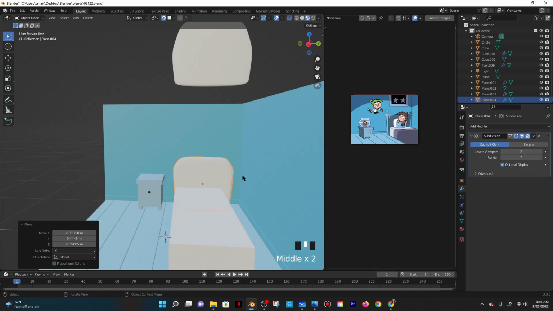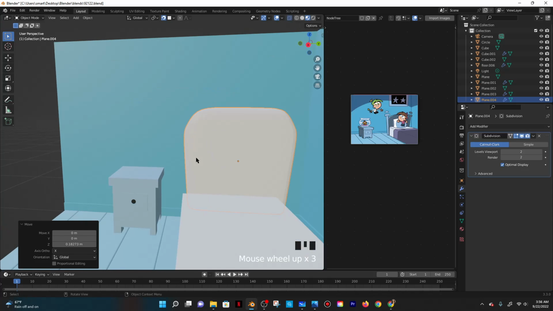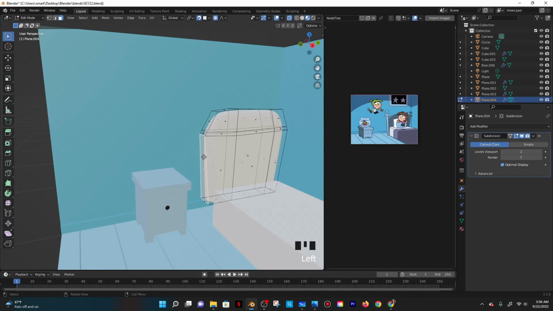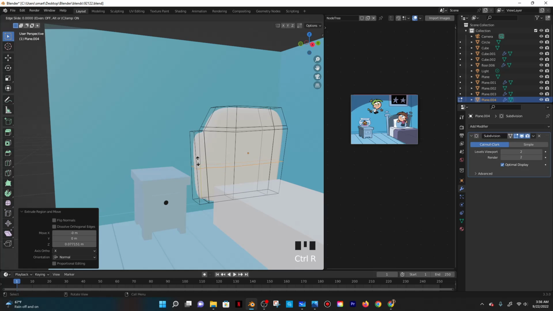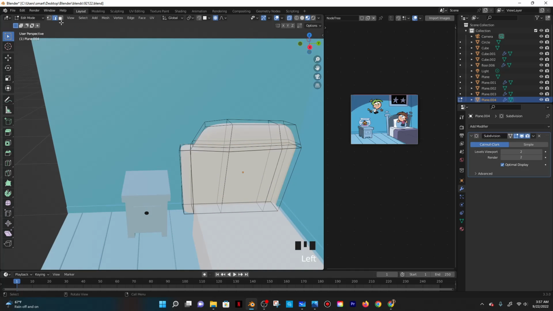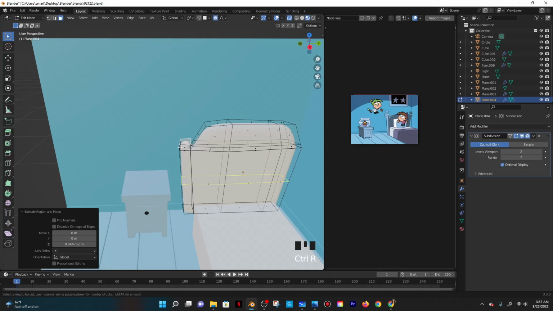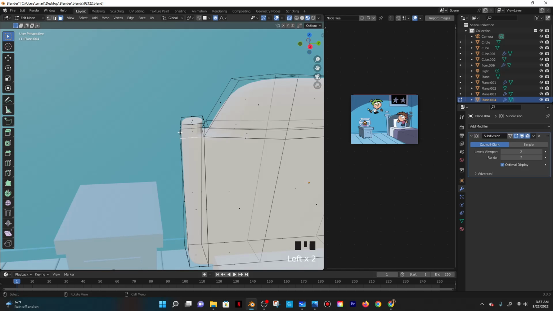And then scale on the Y and do GZ, and then I have to do something like extrude these. Whoa, turn off snapping, extrude this kind of like this. And then just do Control R, and I would just move these here and do Control R and move it here. And then I would take this face and then extrude it on the Z, and then do Control R, move that here, and then I would actually maybe take these faces,